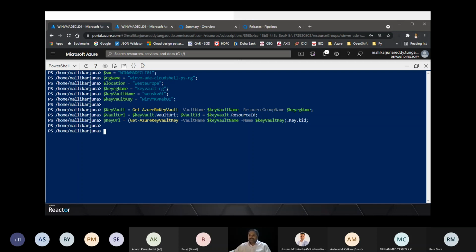In case you want to see this, this is where we derived the values from the key vault. So now this is done.